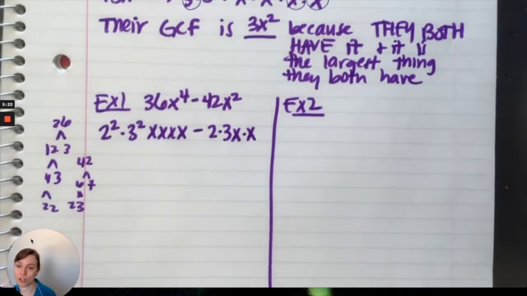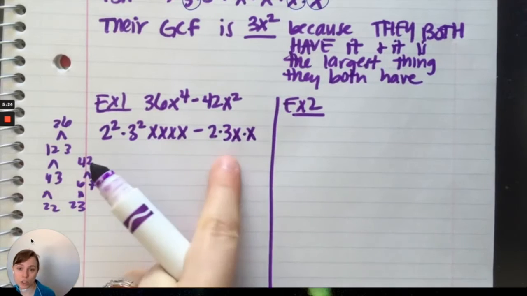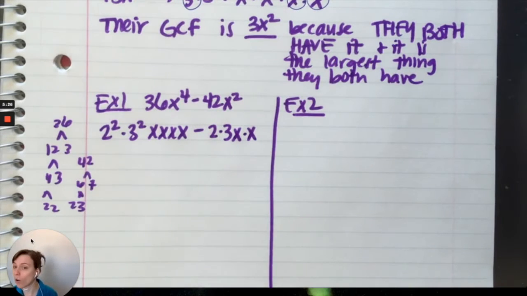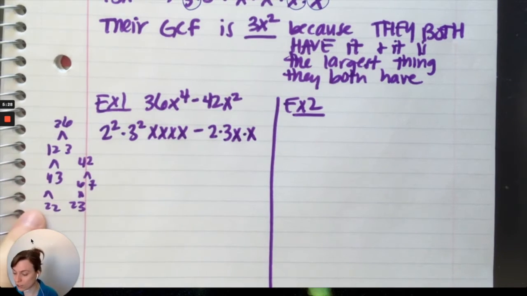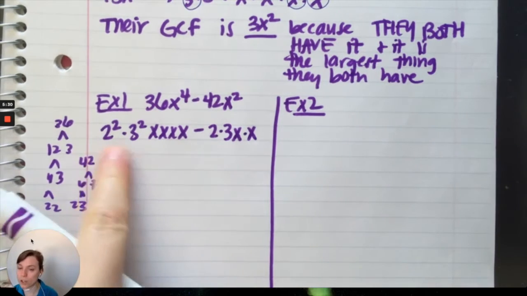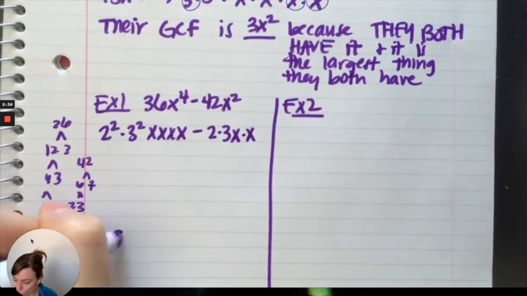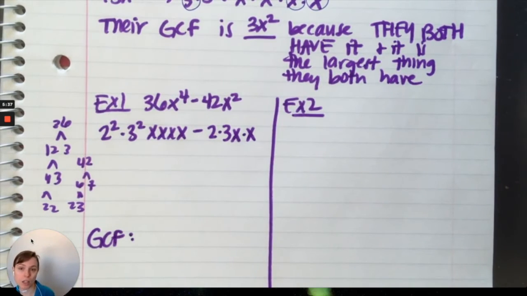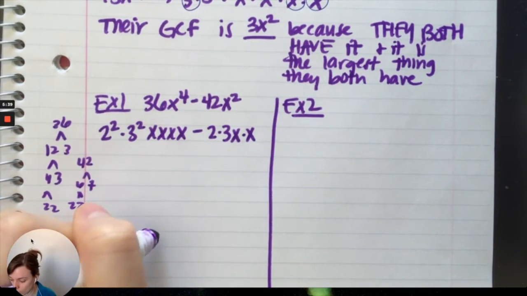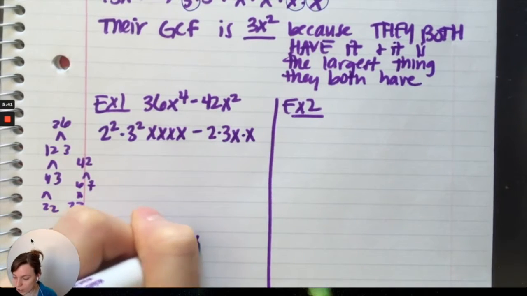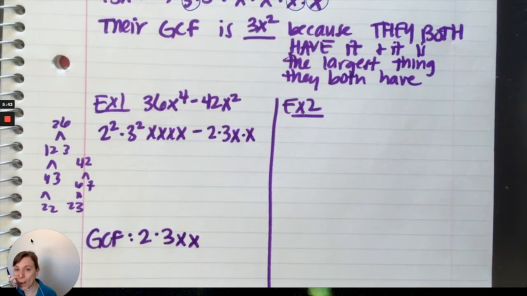So make sure you know how to do the factor tree to find these coefficients. Notice that these are the only coefficients. There's no other way. If you did the factor tree differently, you'd still end up with 2 squared, 3 squared, and 2 and 3. So my GCF, what factors do you see they have in common? Well, I see they have a 1, 2, they have 1, 3, and then they have 2 x's in total. So,